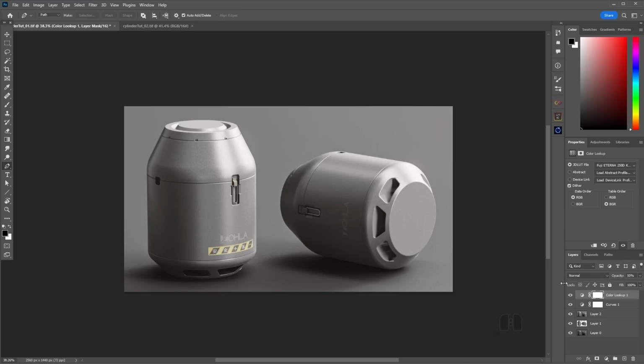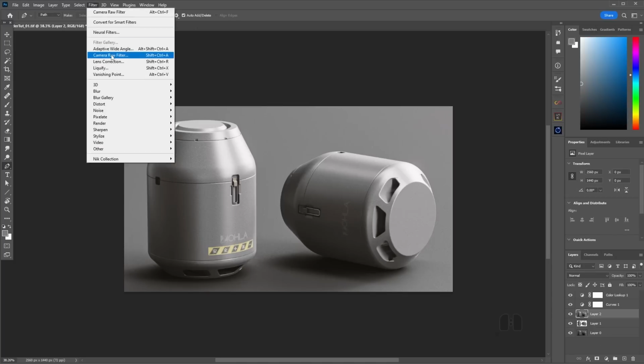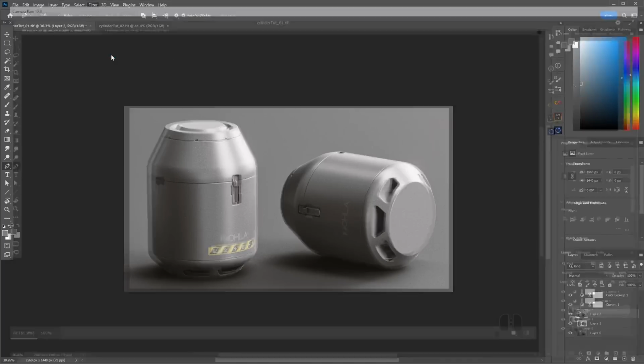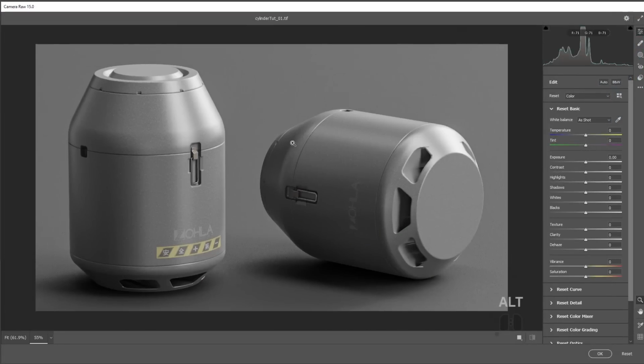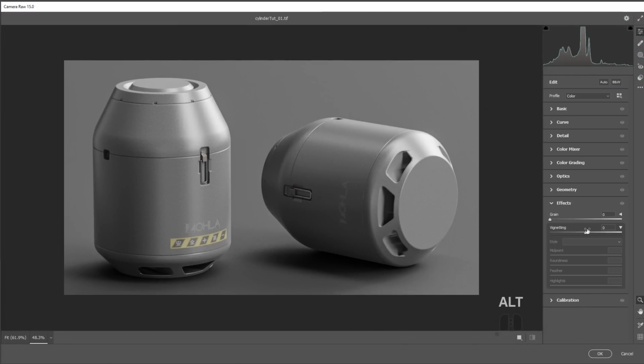Now, the best way to do this is to, first of all, go to this layer. What we're going to do is go to the Camera Raw filter. It's always a good idea to introduce a little bit of a noise layer. So we can go down here to effects. We can lift the grain. You don't want to go too high, but just lift this just enough to introduce some grainy effects